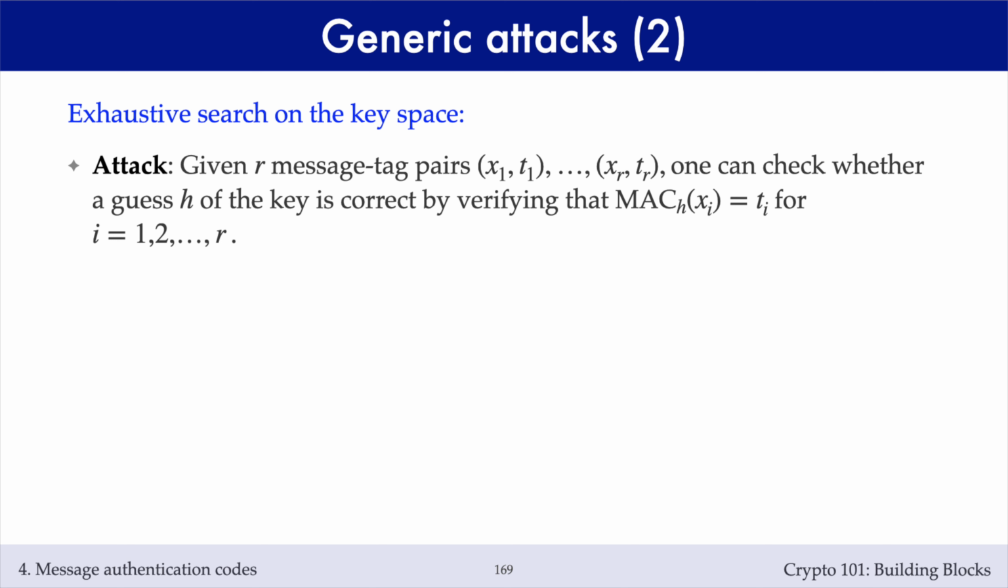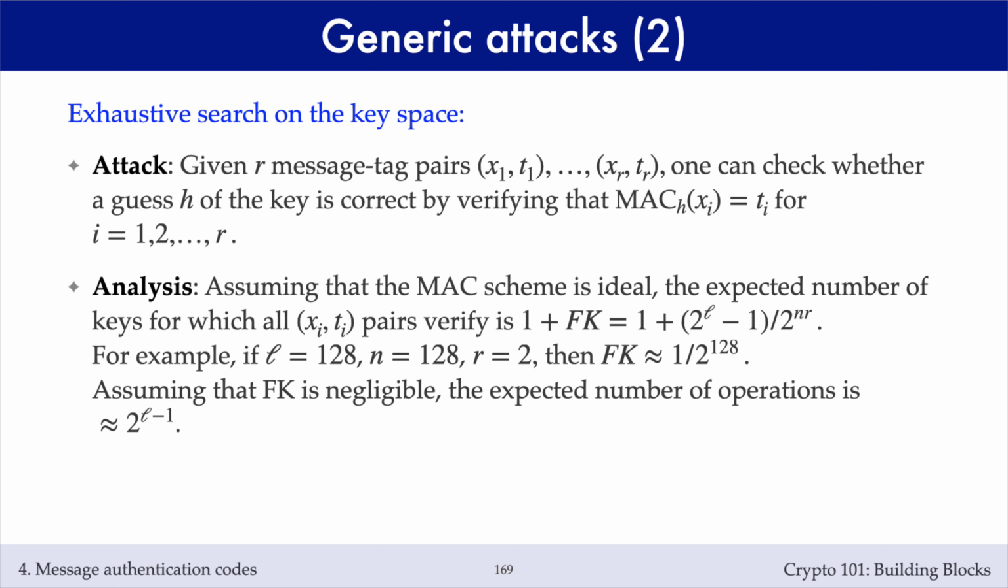She can make guesses for the key k, and check each guess by confirming that the tags verify. How large should r be in order to make sure that there is only one key for which all r tags verify? We can use the same analysis we used when we estimated the number of false keys in the meet in the middle attack on double DES. Assuming that the MAC functions are randomly generated, the expected number of keys for which the r tags verify is